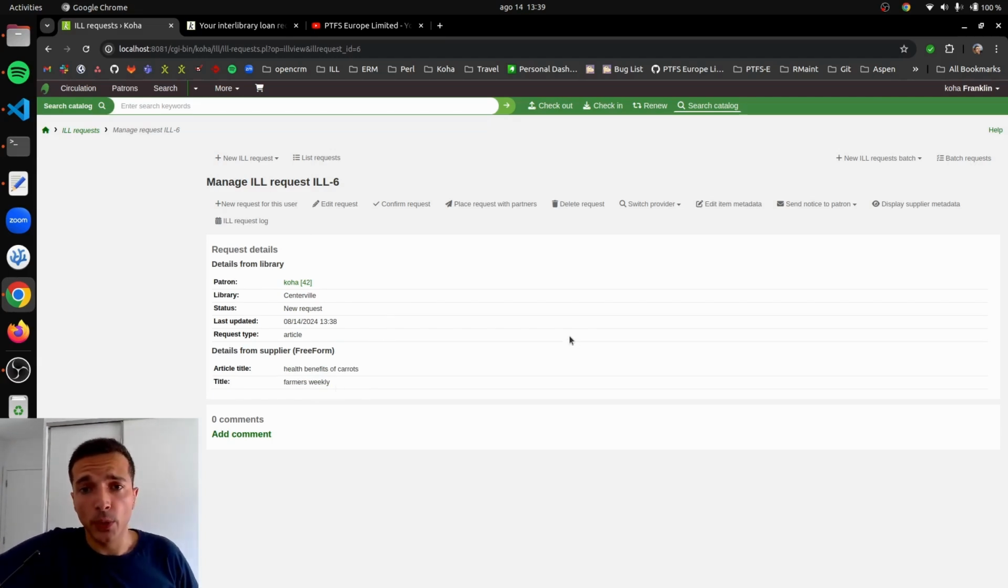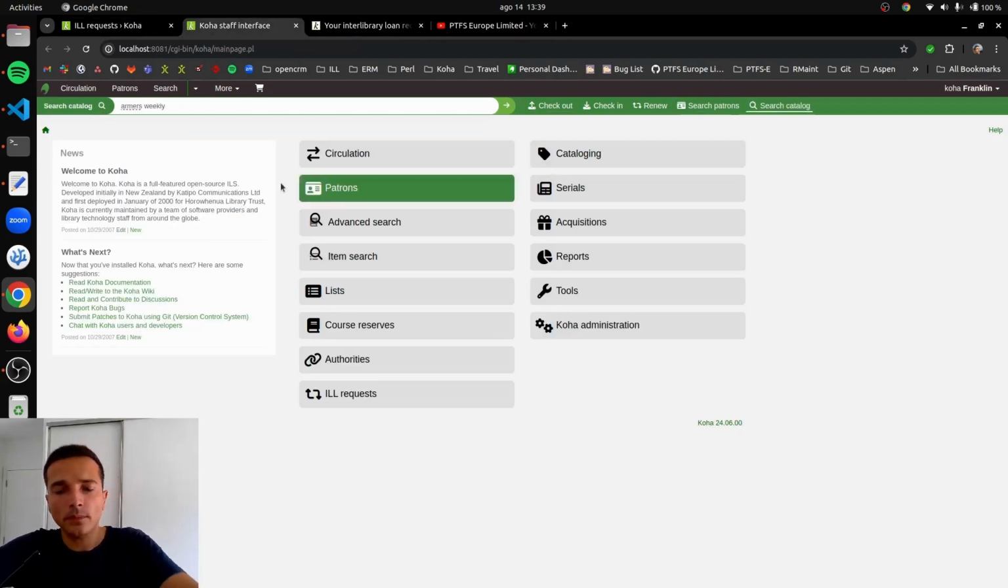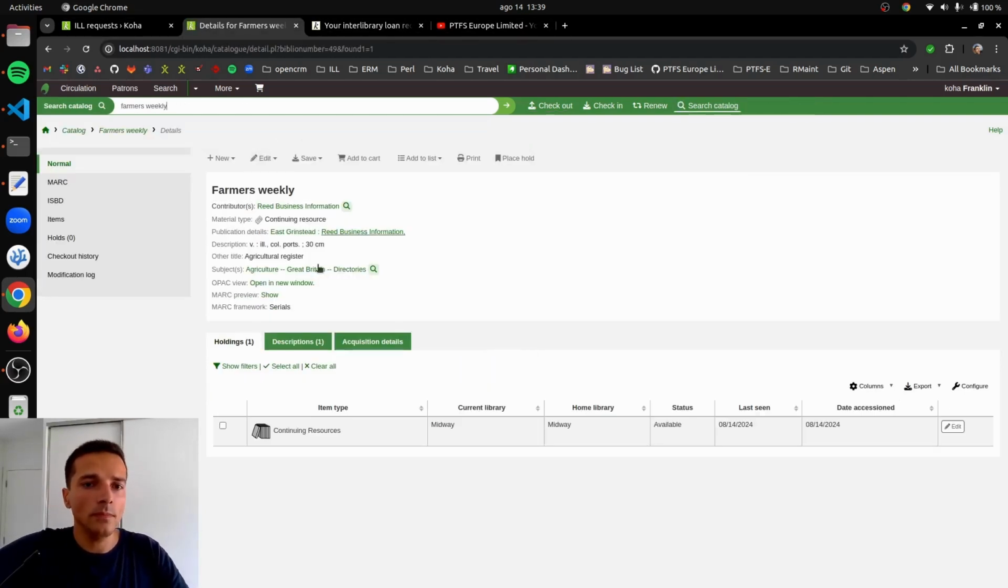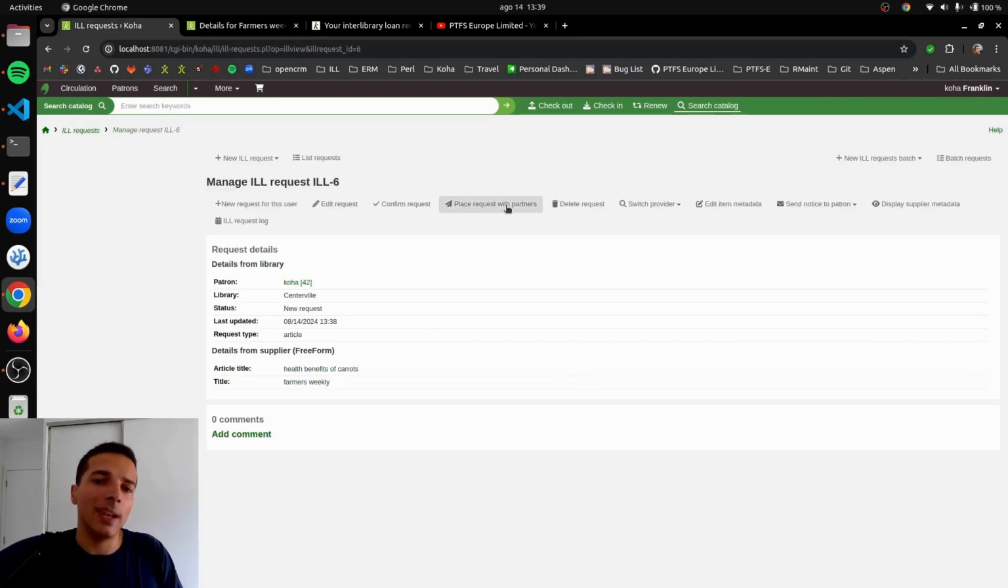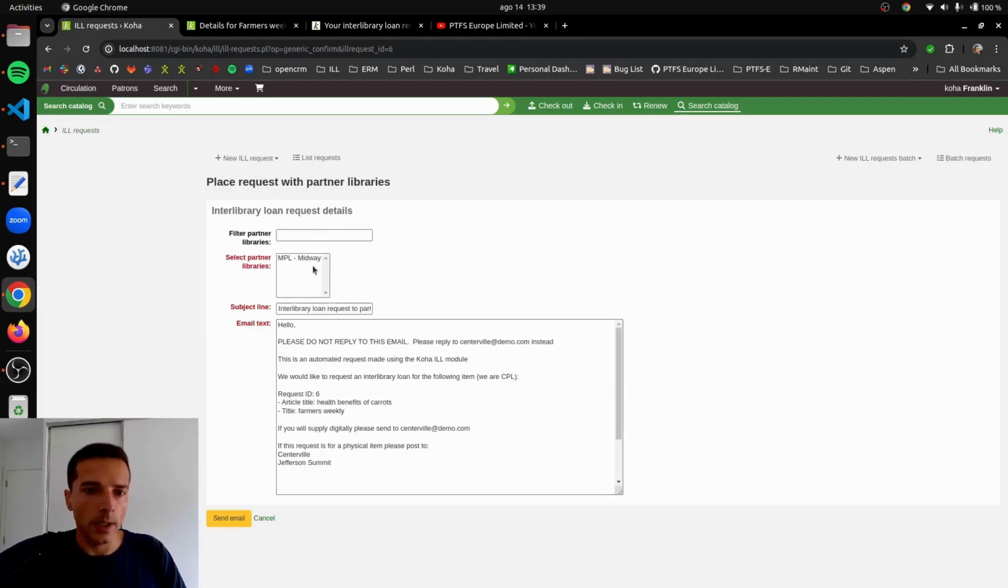So we can actually use this example to start talking about the place request with partners functionality. As I can see, this user has requested this for Centerville. So if I take a quick look at my catalog and search for Farmers Weekly, we can see there's a record for Farmers Weekly, the publication, in the Midway library, right? So what we can do here is place the request with a partner library that I have configured previously, which is Midway. So when we click on that button, as you can see,